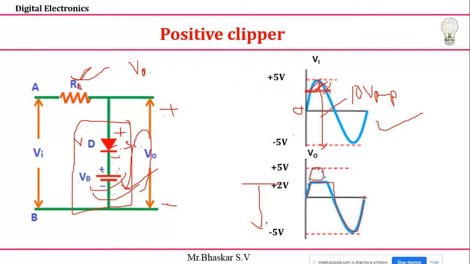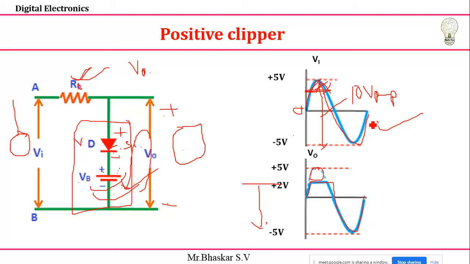If you take this circuit, definitely it requires some inputs and outputs. In order to apply the input, I am going to use a device called a signal generator. For the output, as we already used in the last class, that is the CRO. I am going to use the CRO in order to see the output waveform. The signal generator is also called a function generator. By using that, I'll set the input signal amplitude to 10 volts peak to peak, and for frequency you can consider any frequency, so I can consider 1 kilohertz and set it.